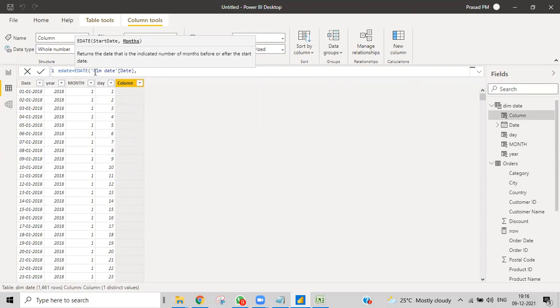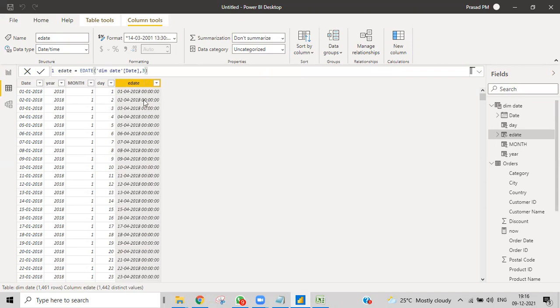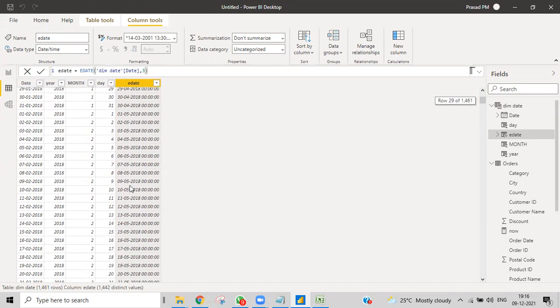If I give 3, obviously I'll get the date 3 months into the future. We got 1/4/2018. For every date we give, it will move forward 3 months and then show the date. For the second month, it will obviously be the same date, second month. This is the kind of thing we do.